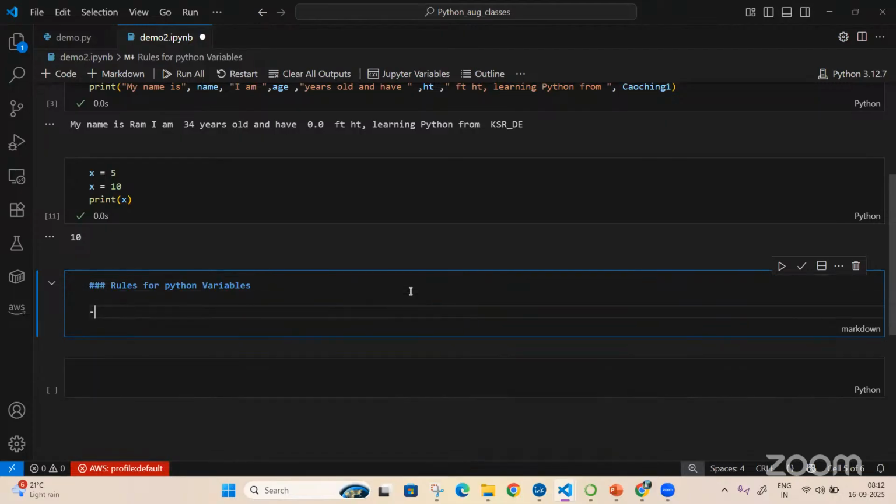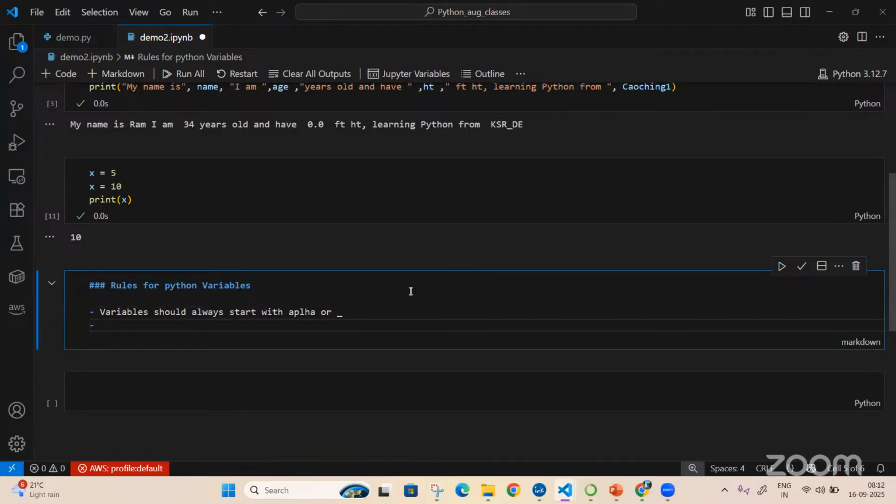The very first rule is variables should always start with alphabets or underscore.